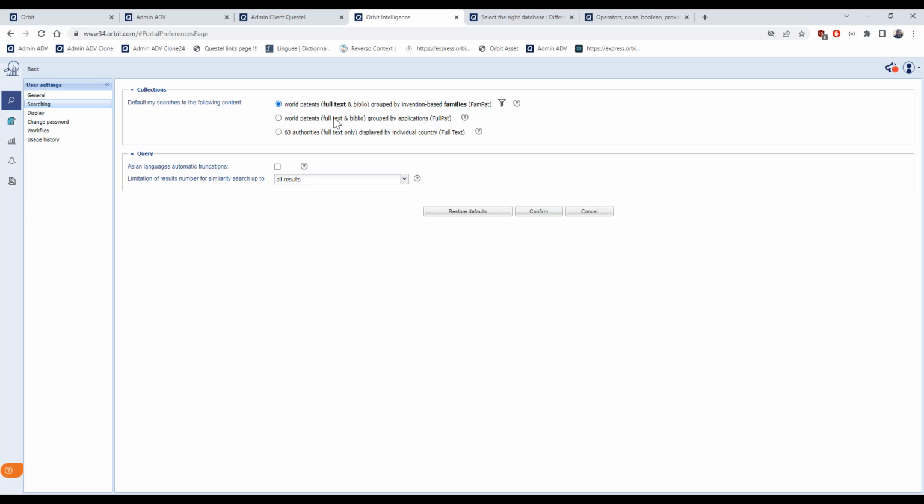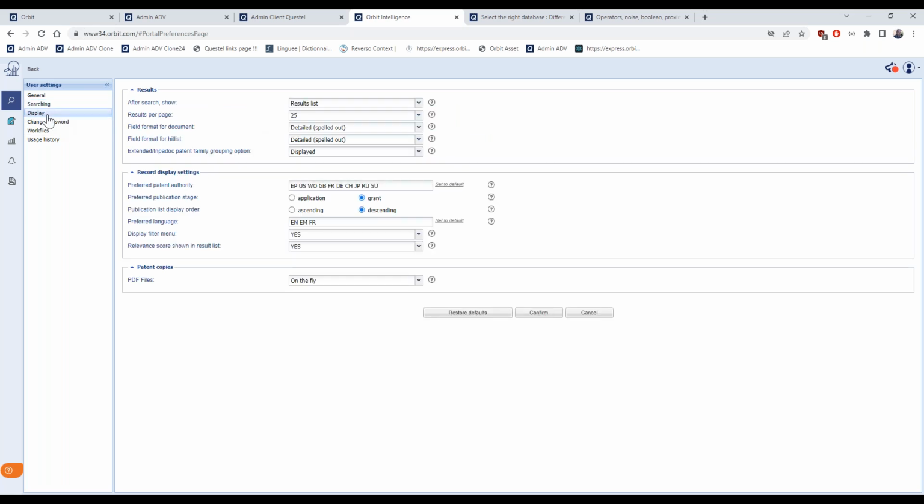But from here, you can switch to the other 2, FullPath or full text. In the display section, you can customize, for example, if to display the extended families or keep it hidden.